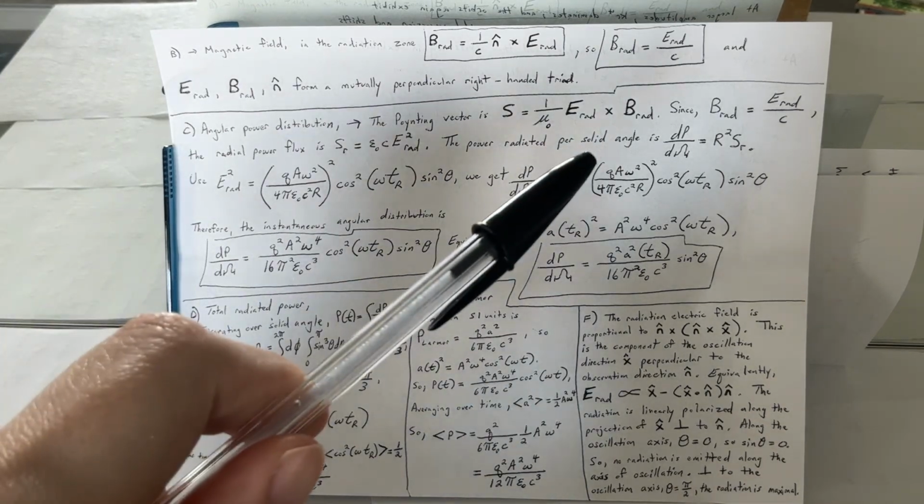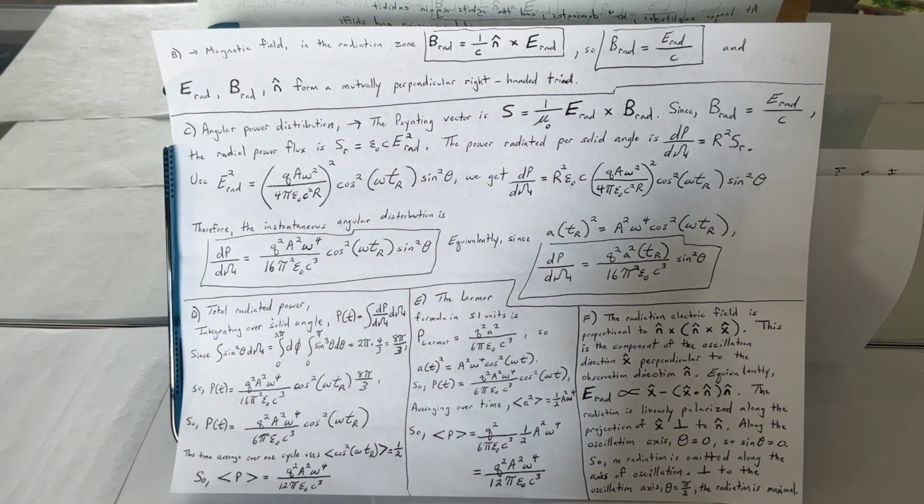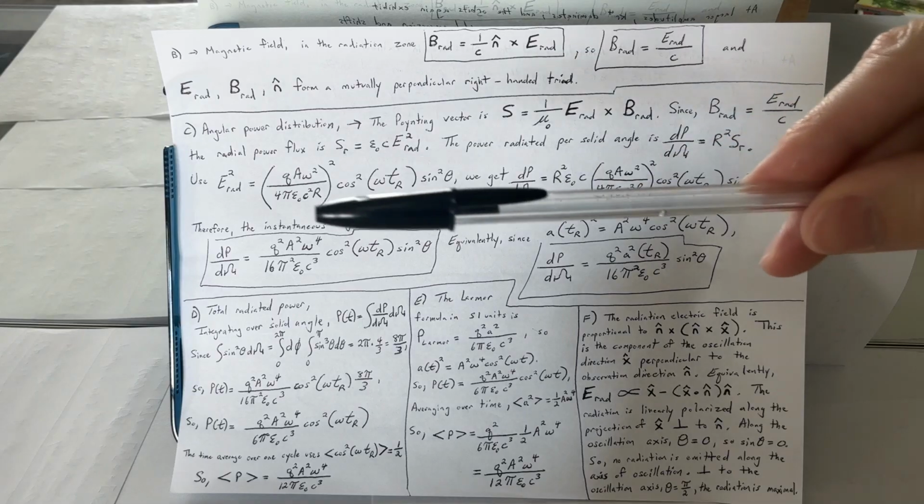And the power radiated per solid angle, dP over d omega, equals r squared S sub R. So using this E sub RAD squared, that equals the quantity Q a omega squared over